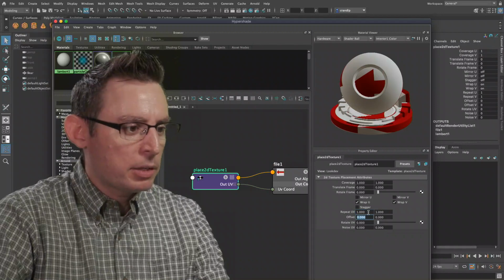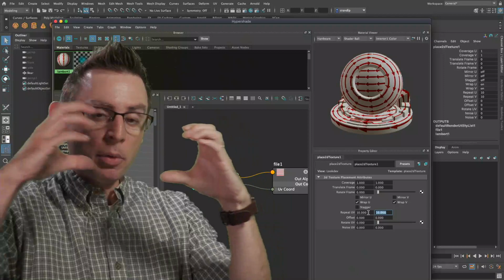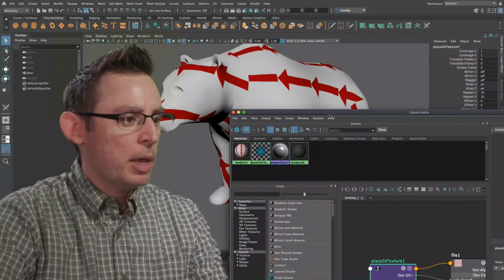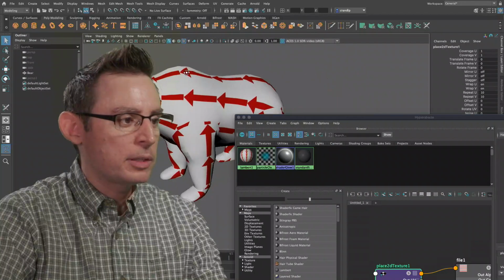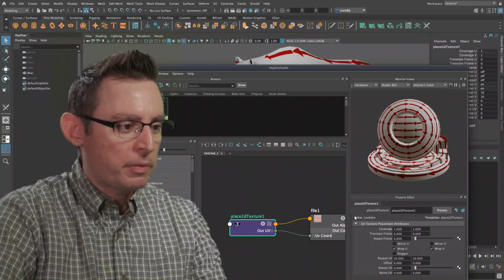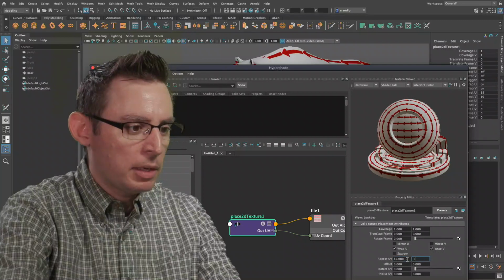Let's just put this at, I don't know, a value of 10 on both U and V, which is going to make the image smaller, and the pattern is going to repeat more and more and more across the mesh. Yeah, there we go. I'm pretty happy with this, and you can start to see the power of all of these little arrows inside the model itself. I'm going to make that repeat value a little bit smaller, maybe 15 by 15.